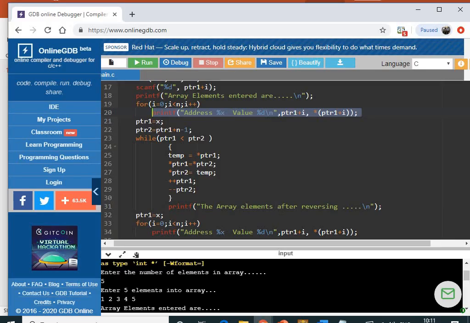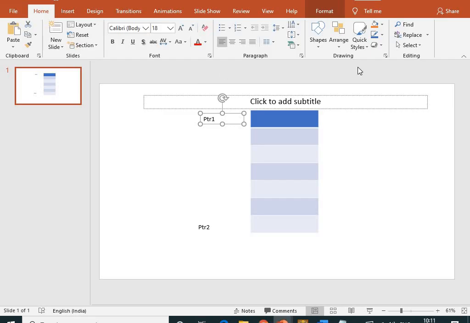Okay, so now let us see how to swap the elements. If this element here is x of 0, then this would be my x of 6 actually. Now x of 0 needs to be swapped with x of 6. So here I have my ptr1, here I have my ptr2. Now what I will do is write temp is equivalent to star ptr1.